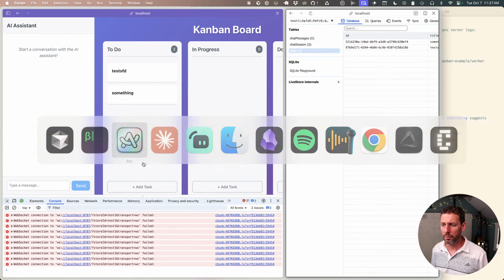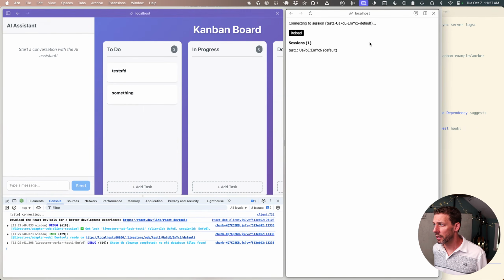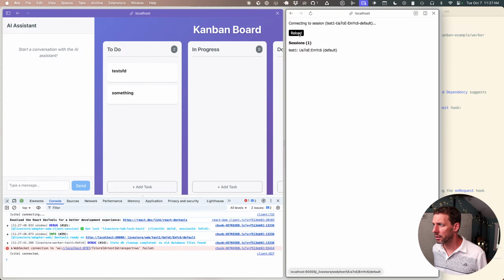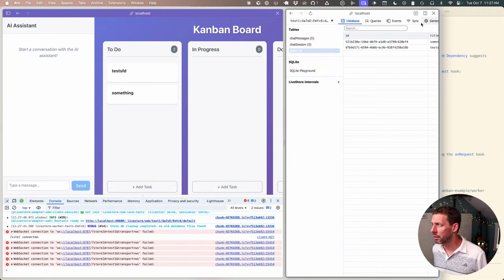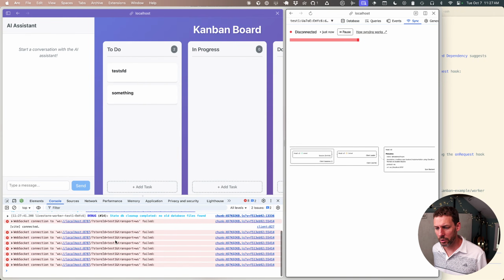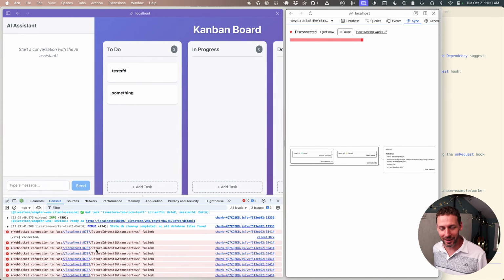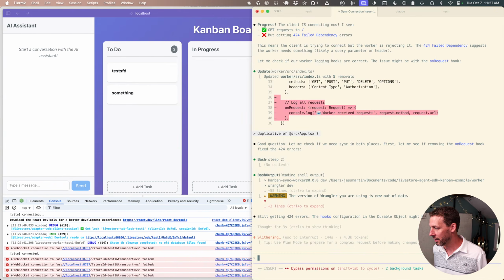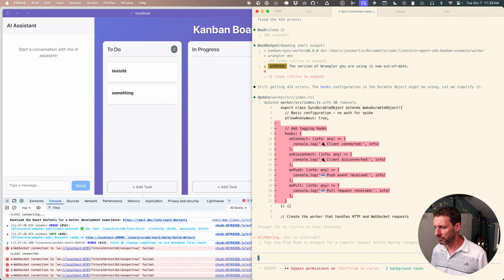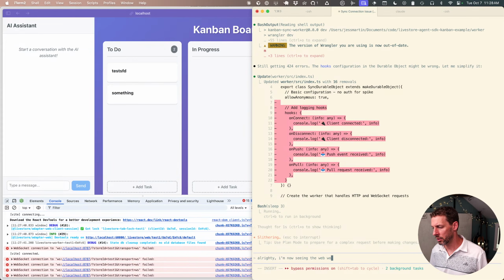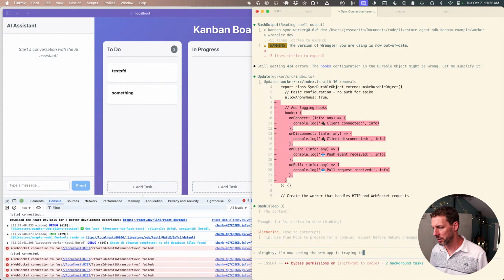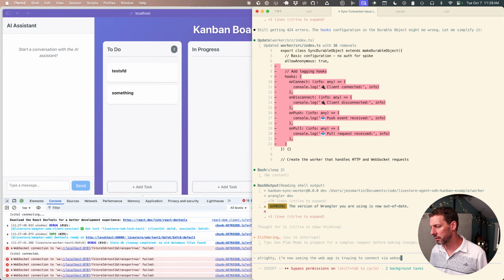All right, let's see. Back over here, refresh. I don't expect to see it working yet, but I'll give it a second. Yeah, it's straight up telling me WebSocket connections are not working, but at least it's trying to make WebSocket connections, which is a step in the right direction. Alrighty, I'm now seeing the web work app is trying to connect via WebSockets